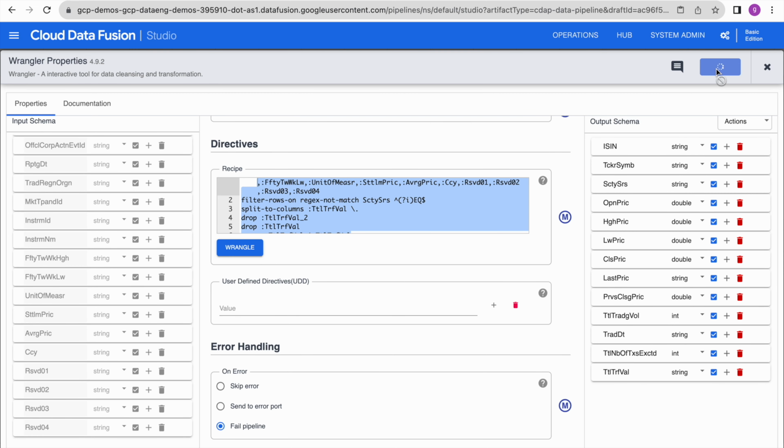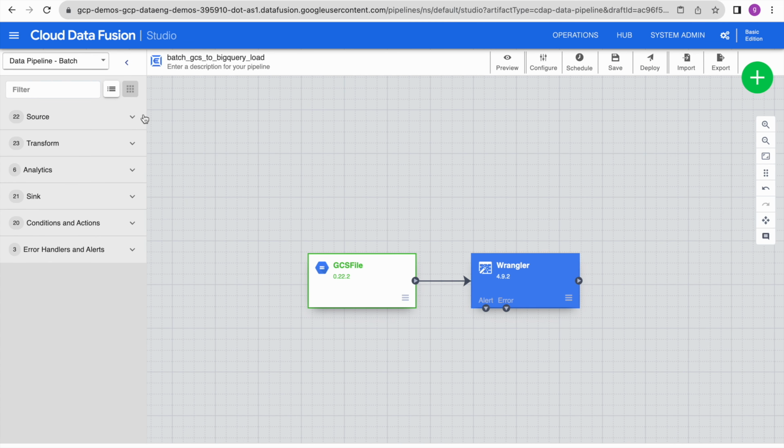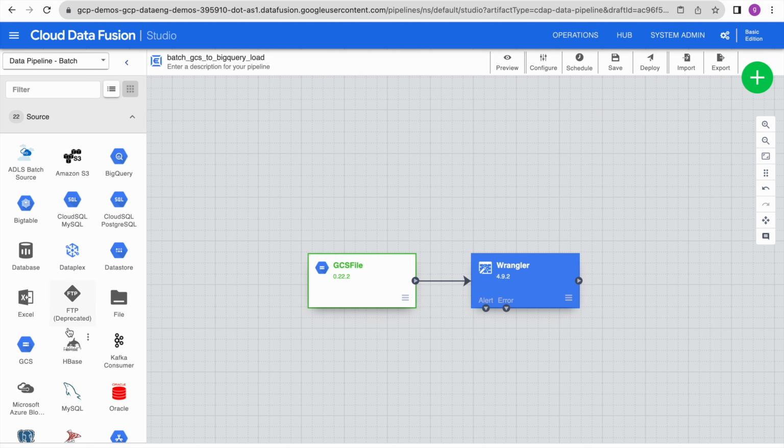Now it's time to validate this. Just click on validate. Now it will just validate. There are no errors found. Now we are good to go. So if you see the input schema and the output schema, in the output schema we have the lesser number of columns. Now coming back to your studio, if you go to the source section,